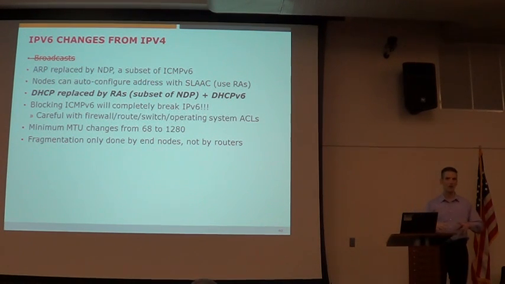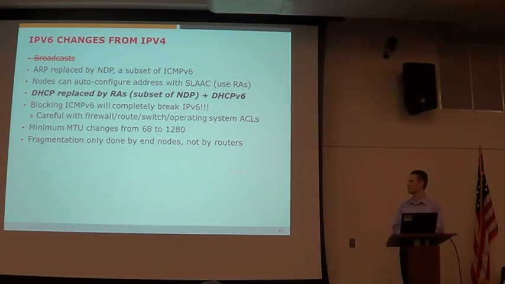Originally, if I wanted my parameters like DNS servers, for example, which are pretty important, I had to have DHCP. Recently, in the last couple of years, they changed it, so now I can get that from router advertisements as well. But by default, most Linux distros don't support it. You have to install a utility. Windows doesn't support it. OS X, I think they added it in 10.7. So support is pretty limited. But there's very divergent opinions on that. It just depends on what you want. I would say if you run DHCP now, I would stick with DHCP. For home, you probably don't need it.